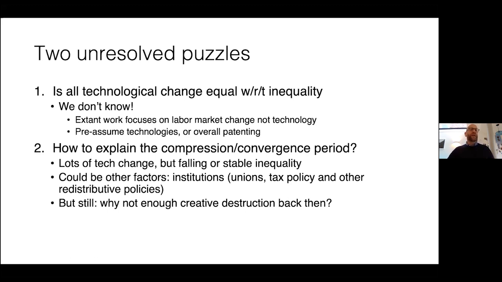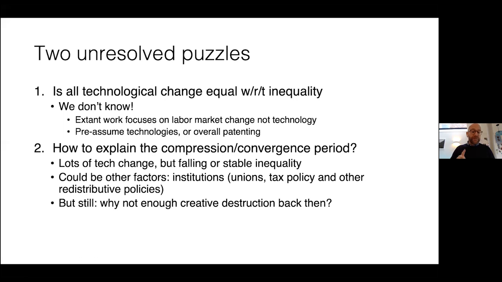There's some other work that chooses particular kinds of technologies and, let's say, measures investment at the firm level or the establishment level in computers, but that's a very narrow kind of picture. And then there's what I would describe as perhaps overly wide, that takes overall patenting as a whole and examines that, but doesn't pick through technological change to try and identify whether there are particular features of technologies that generate this sort of creative destruction that we're interested in explaining.